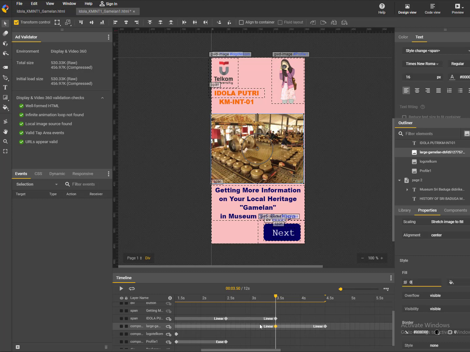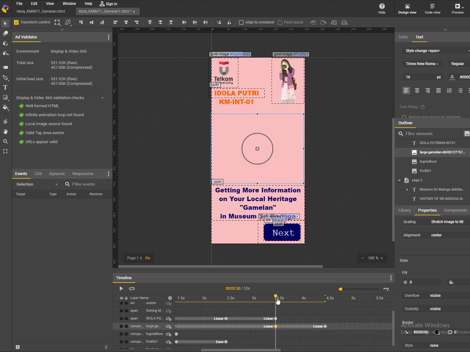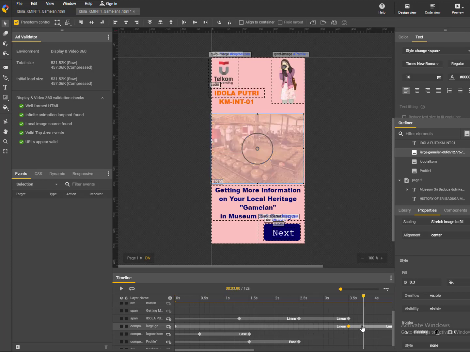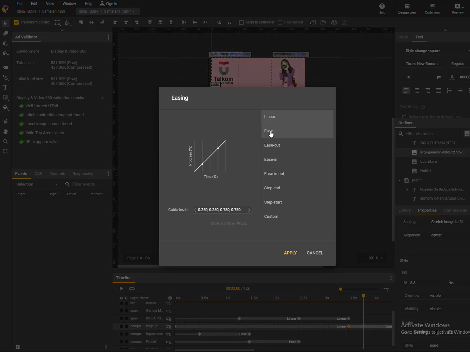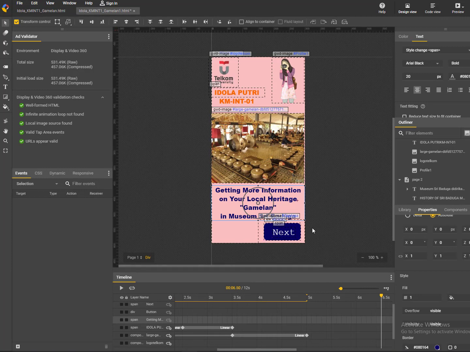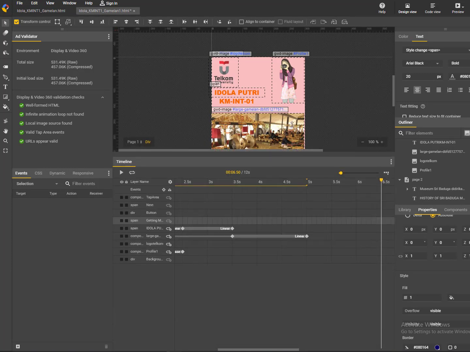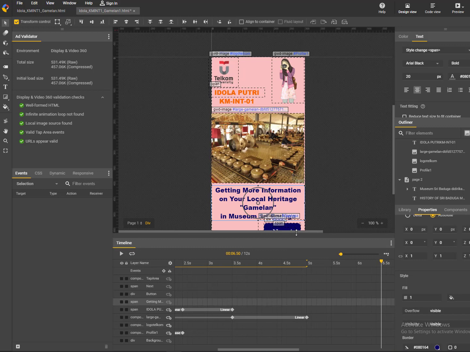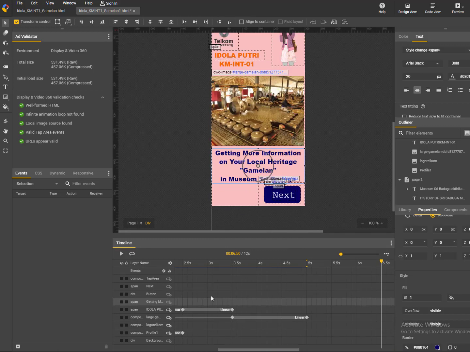So make two other pictures or text that you want. Okay, we're going to continue making the animation. Just be creative. If it's hard to see the timeline, you can just drag the timeline. Okay, so it's easier to see because the timeline is bigger now.